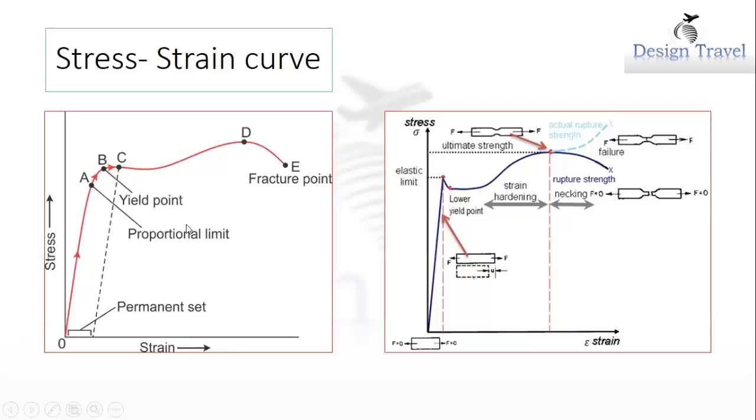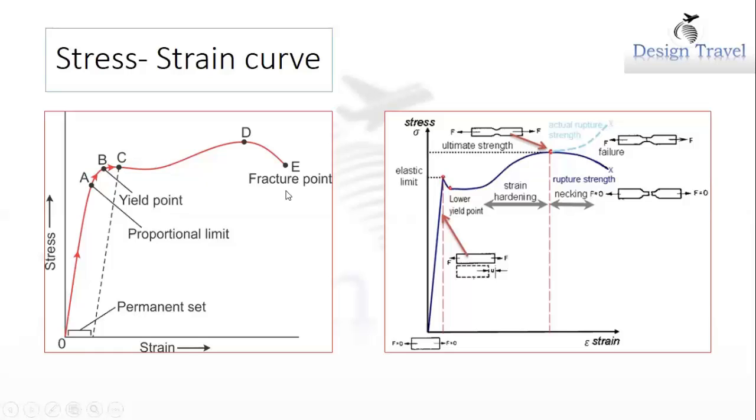So 0 to A is the proportionality limit, A to B is the yield point where the elastic limit is constant. There is no more deformation, and it will behave in a fluctuating manner. From B to C, it tries to yield to the neck point. C to D is the creation of the neck point or notch point, D to E is the cracking point, and E is the breaking point or failure or fracture, we can say. This is the basic information we know.